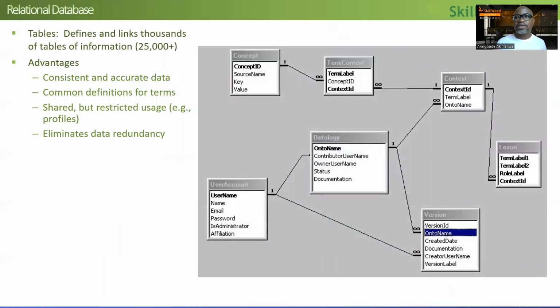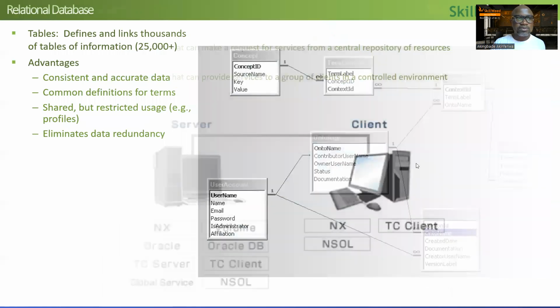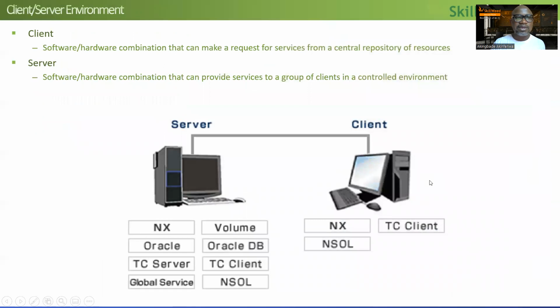A relational database is just a database that designs how information and data flow within different systems across the board. So that's what a relational database is. A client server environment is just saying we have a client, which is like your phone, and you have a server somewhere that is being pulled from. Some of the popular ones, you might hear Active Directory, which is a popular one by Microsoft. So all of this combined together, all of this happens in microseconds. So you and I don't get to see it, but this is at the back end. It's happening all the time. Okay.